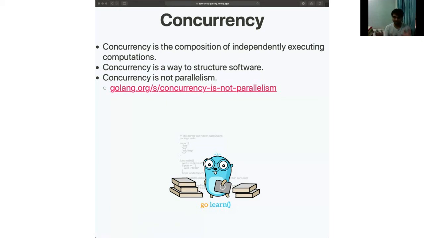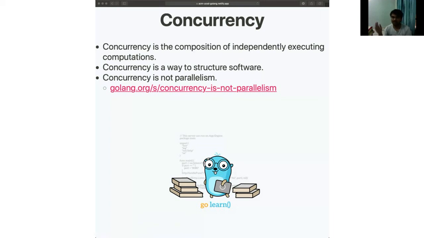You can have different kinds of operations, and it doesn't even have to be computation. It can just be passing variables or things like that. And concurrency is the way of representing those structures in a programming language or in a computer science environment, I guess. So yeah, that's concurrency.